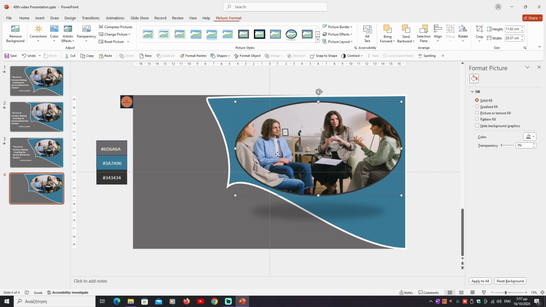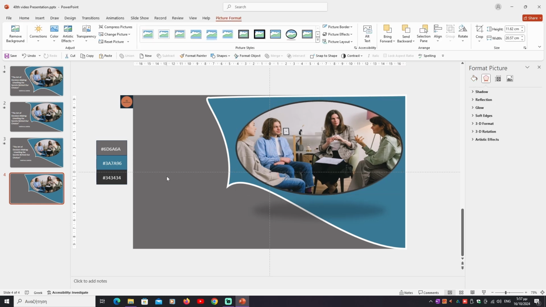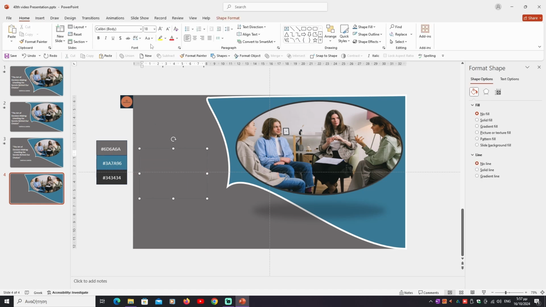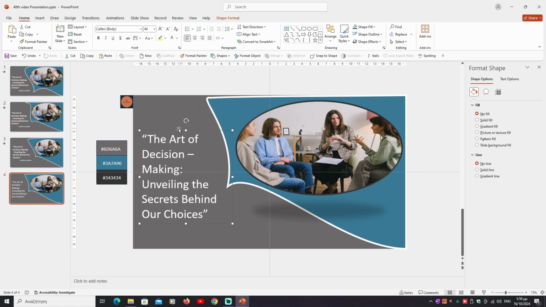Now we want to insert the title. We go to insert, we choose text box, click in the design area, drag and release it. We choose Calibri, font size 44 and color white, and we write our title. The art of decision making, unveiling the secrets behind our choices. Now we adjust the title